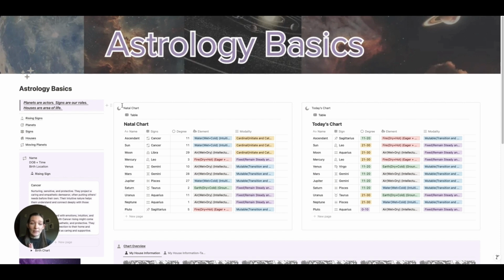So the sun is very bright. It likes to be the center of attention. The moon is very emotional, only comes out at night. It changes signs every 2 to 3 days, so its emotions are all over the place. Mars is very aggressive. It's a planet of war, so it's a very high intensity planet. So planets are the actors, signs are the role that they play, and houses are the area of life. So that is kind of a good way to understand the difference between the three and how they all play